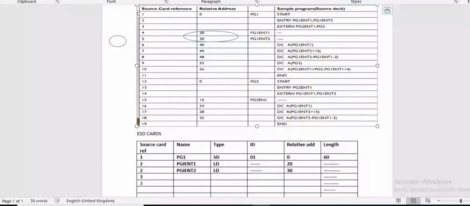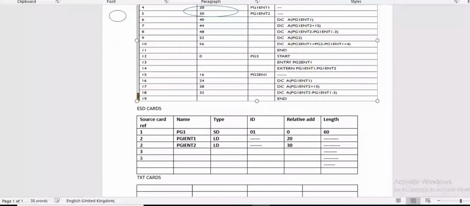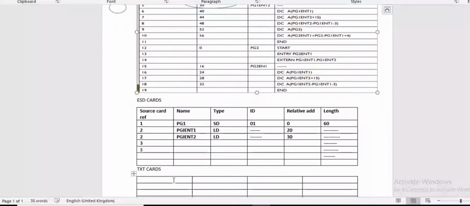How will that be seen? Text card contains fields like: the first field is source card reference. Second field is relative address.